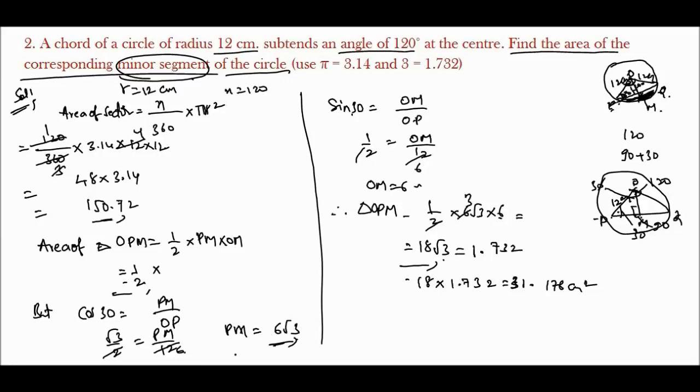So we need to find something else here. Triangle OPQ is equal to 2 into OPM. So these are the two triangles here. We found OPM, and another we have to find, OPQ total. So we need to find 2 into 31.176, how much will come? 62.352 is the answer here. So these two triangles are equal here, similar and similarly parallel.